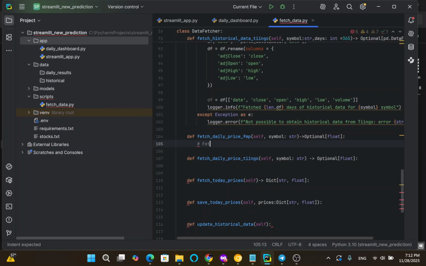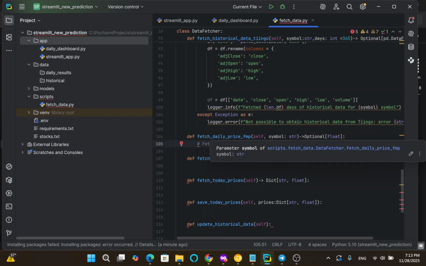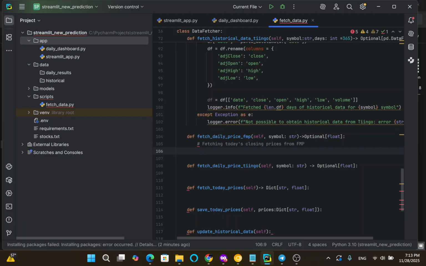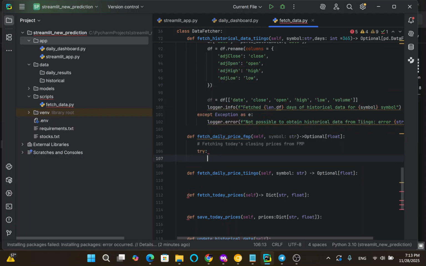Let's have an explanatory one-liner: fetching today's closing prices from FMP. This method will run at the end of each trading day, getting the closing prices for the given stock, and it will be called to compare the prediction versus the actual. Both these methods will do the same thing. This is just a matter of having redundancy in terms of data sources. Okay, first we try